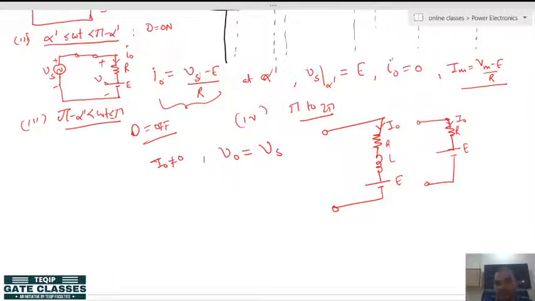When I naught is non-zero, the output voltage follows the source voltage, because some current is flowing, and hence we are not getting the EMF E, or the effect of this battery EMF, in the output. Why is it so? Because, again I am telling you, we are measuring voltage from end terminal to end terminal. We are not measuring voltage across any element.